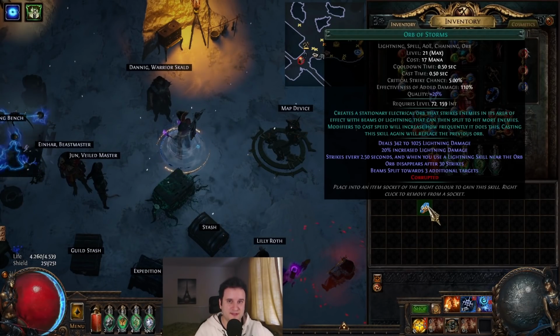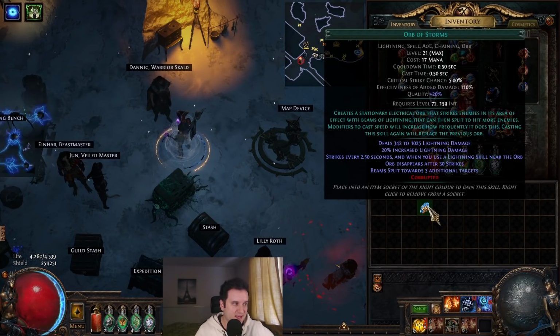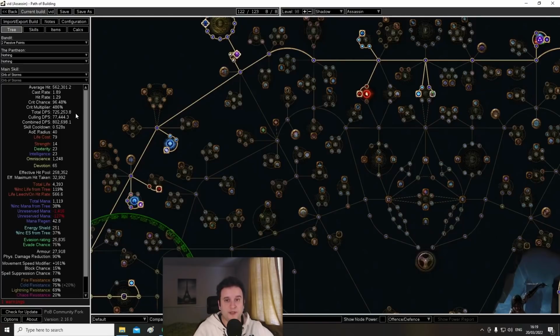Strikes every 2.5 seconds, it says here, but it also says in the gem description that modifiers to cast speed will increase this tick rate. So the 2.5 seconds do get scaled by all your cast speed. Now don't be fooled though, Orb of Storms looks like it does almost no damage in PoB, but the thing